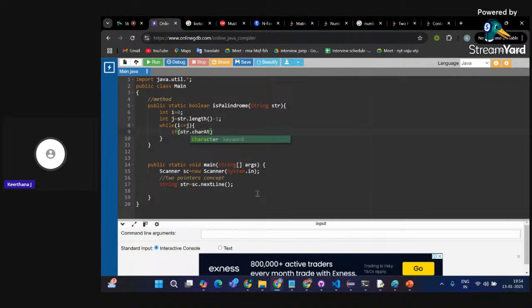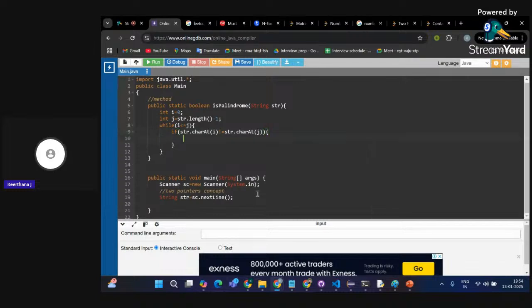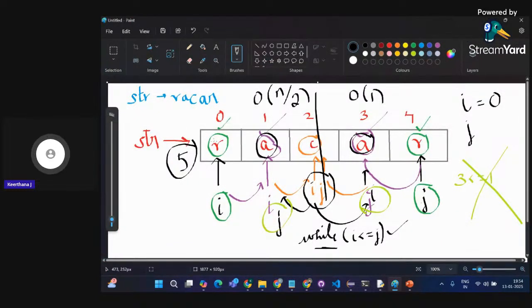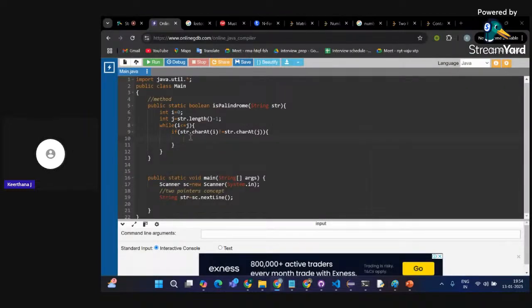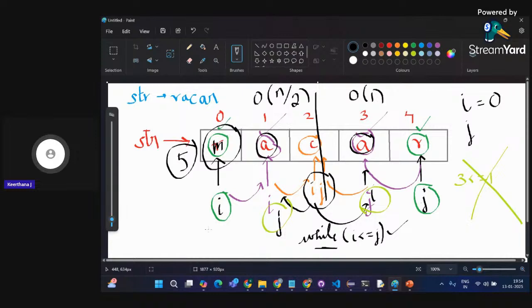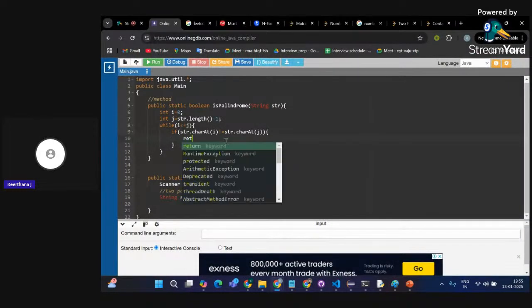If str dot charAt i is not equal to str dot charAt j, then my palindrome condition fails, so directly I'll be returning false. If my character at i is not equal to character at j, I'll return false.